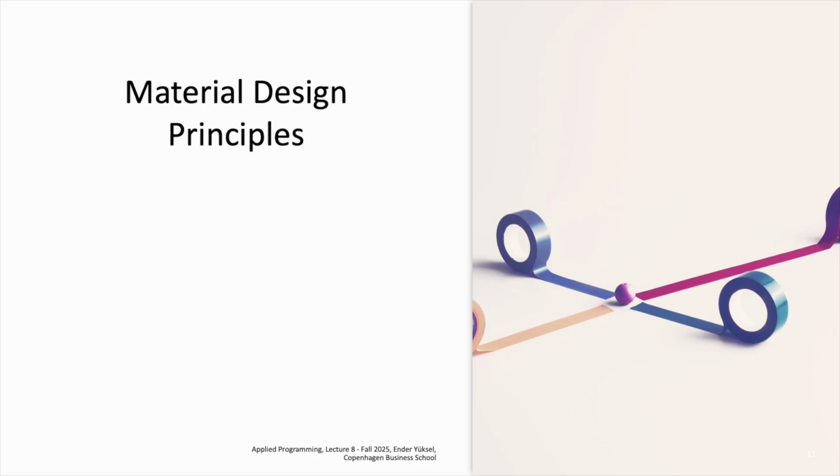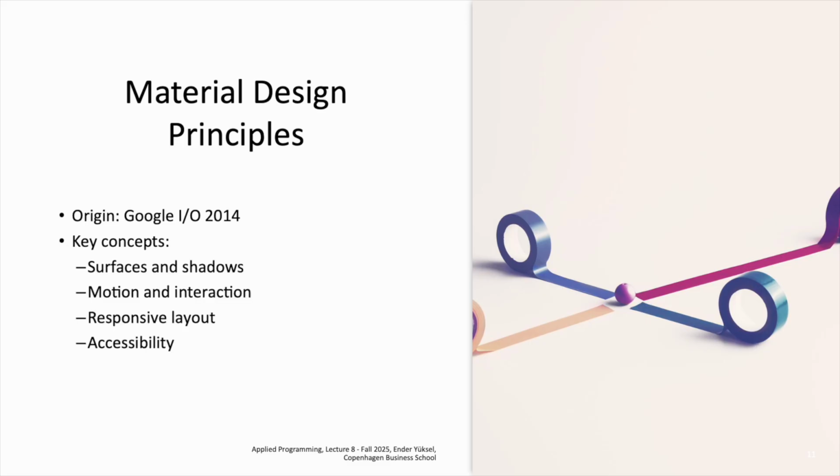Material design principles. Material design is a design language developed by Google. It was introduced at Google I/O 2014, which is an annual developer conference, as a unified design system for web and mobile apps. This launch marked a shift toward consistent cross-platform UI/UX standards, and it emphasizes clean, bold interfaces with